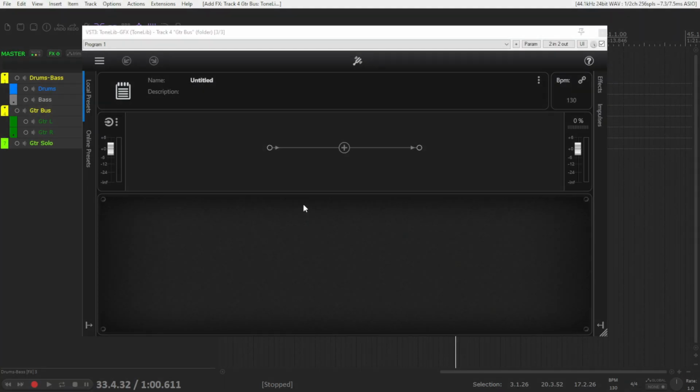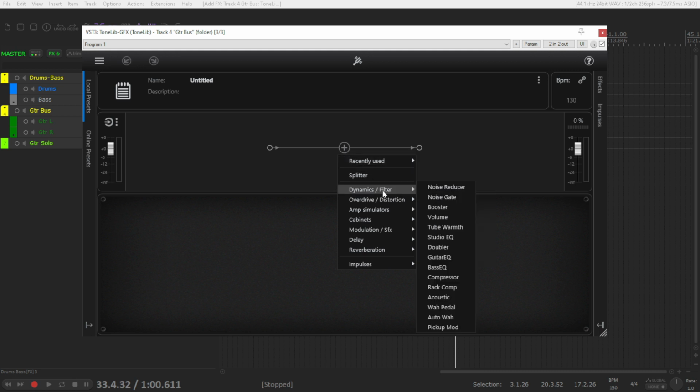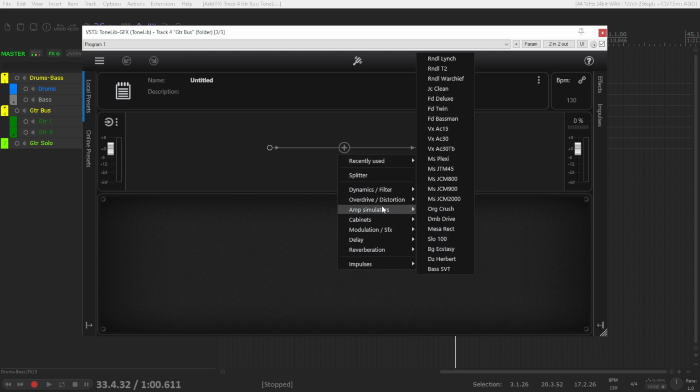So the moment you open up the plugin, this is the window that you get, where you are going to start building your signal chain or choosing a preset. The first thing that we can do to start building a signal chain is clicking on this plus button. Here you are going to add the different types of effects, amp simulators, cabinets, time-based effects, impulses,